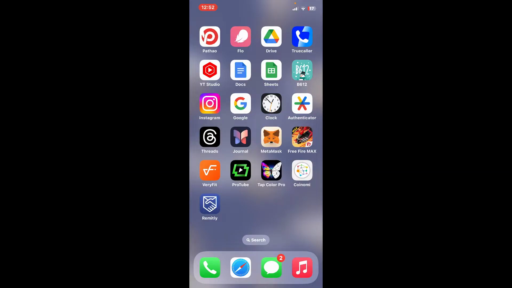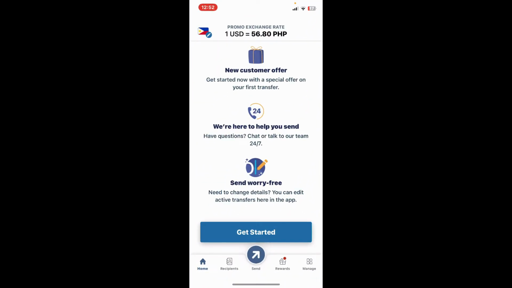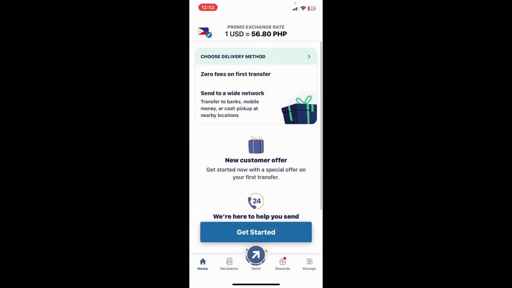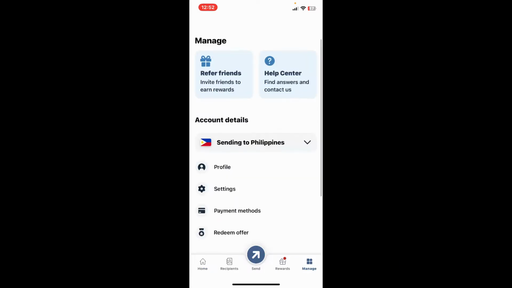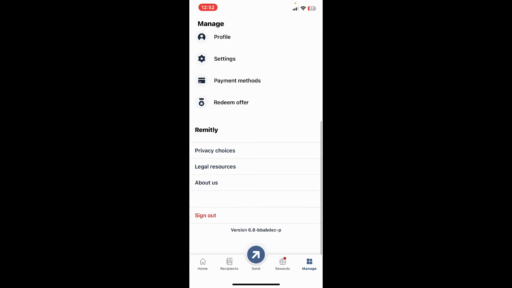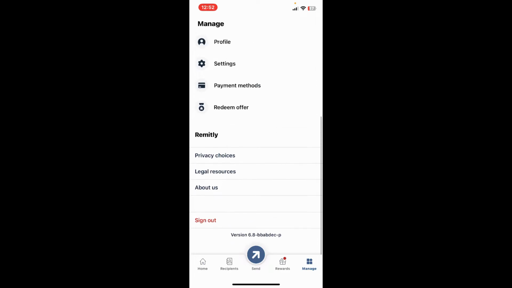First of all, tap open your Remitly application from your app drawer. Once you're inside the main home page, you will now need to tap on Manage at the bottom right corner. This will then take you to this interface from where you will need to scroll all the way down and